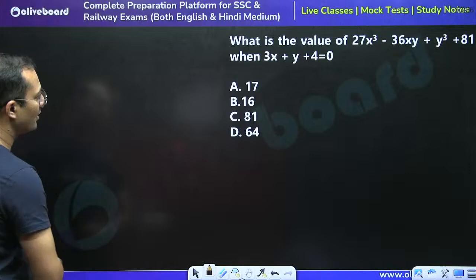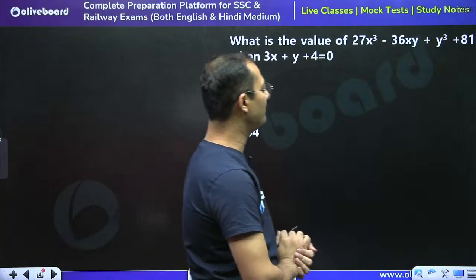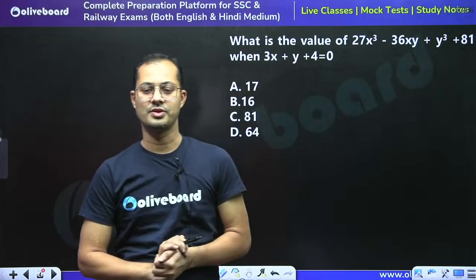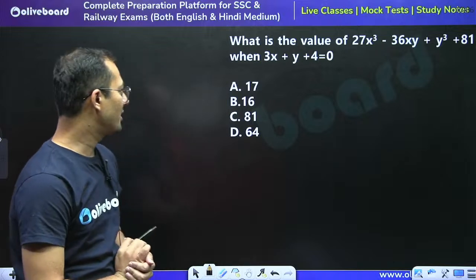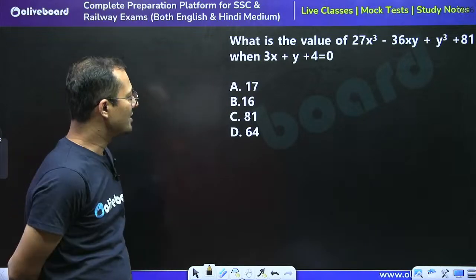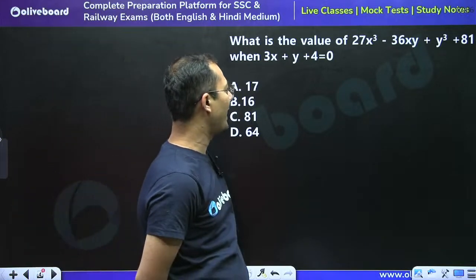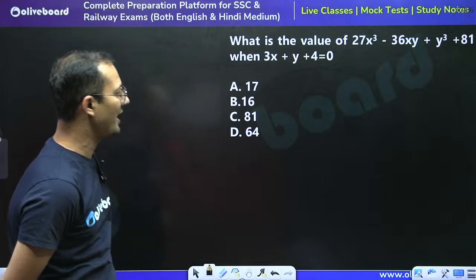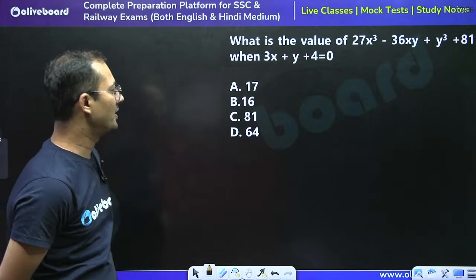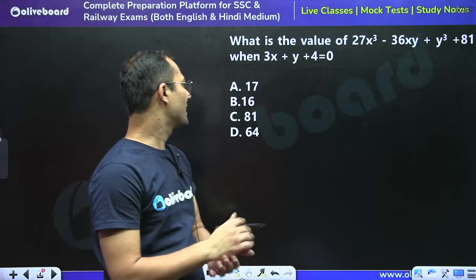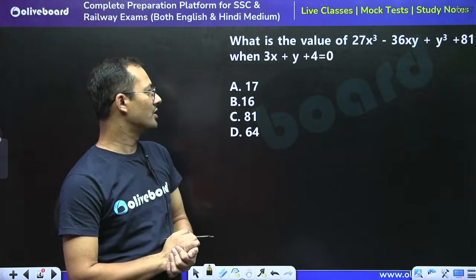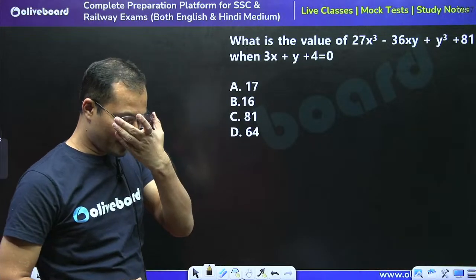Move ahead. The first question is on your screen. Please tell me what is the answer of this question. What is the value of 27x cube minus 36xy plus y cube plus 81 when 3x plus y plus 4 is equal to 0? See, whenever we have